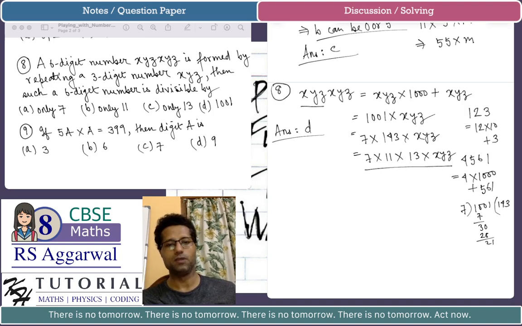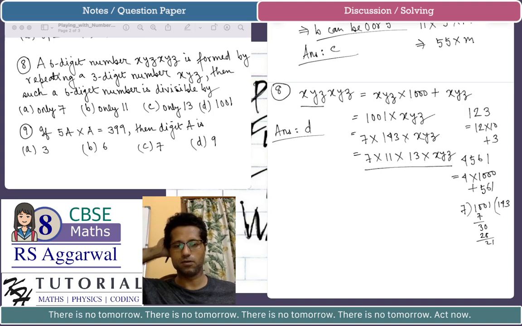The choice B is only 11. So the only ones are not correct. Choices A, B, and C are not correct because they are saying only divisible by 7 or 11 or 13. So they are incorrect. Choice D is saying that the 6-digit number is divisible by 1001, which